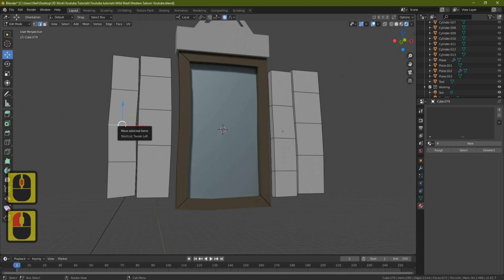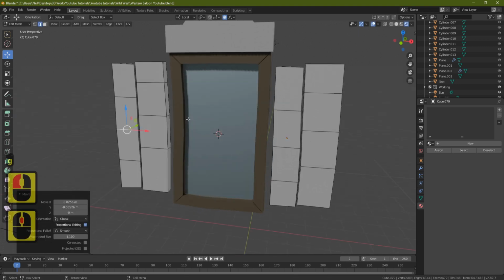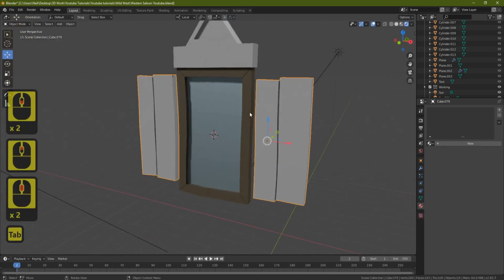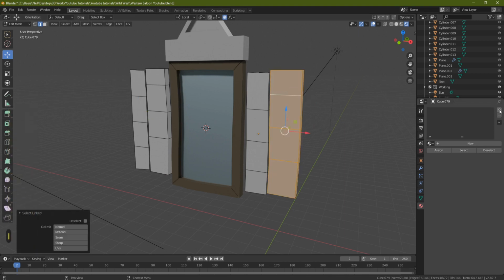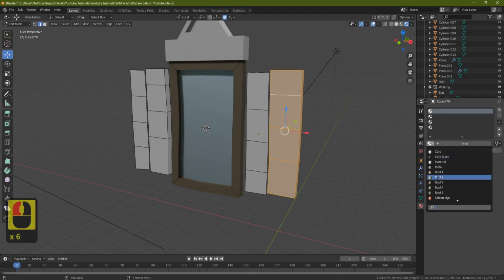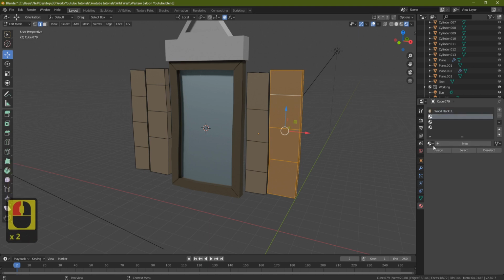Alright, maybe that one's a little bit too far out. Okay. Alright, I'm happy with those. So now let's bring on some materials. So I'll press plus 4 times actually. We don't need 5. Go down to our planks, and I'll just start grabbing some